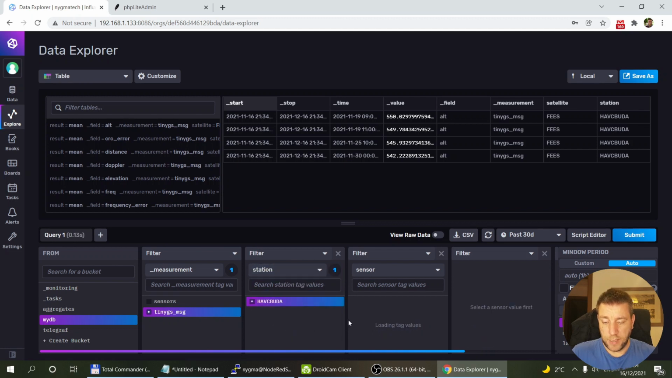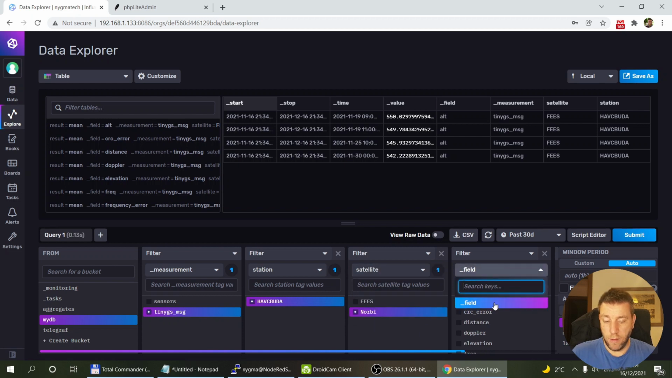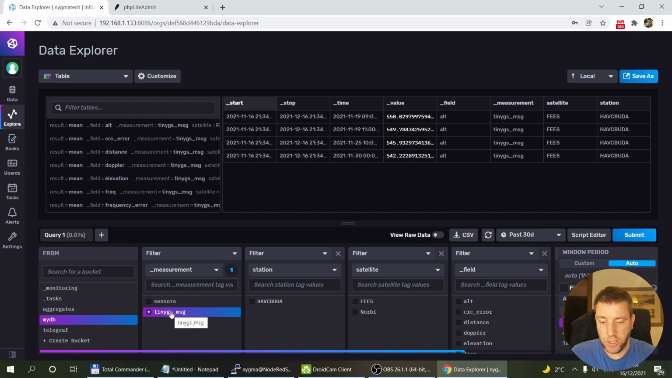So if I select this station, and let's say I select the satellite NORB, I have a bunch of fields. I have so many different fields here. In the previous measurement, I had only one field, which was called the value. And here I have fields called elevation, distance, CRC error. So again, if I back these out, and let's say I only want to select on TinyJS,